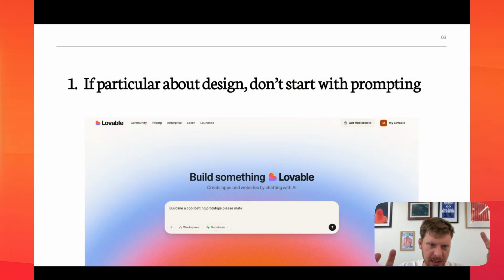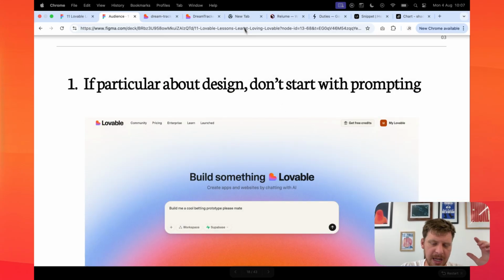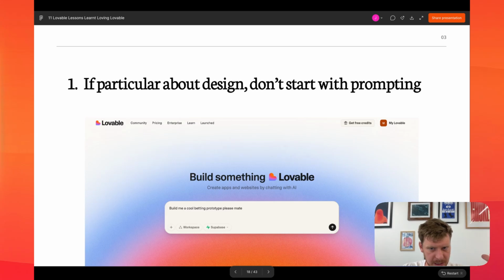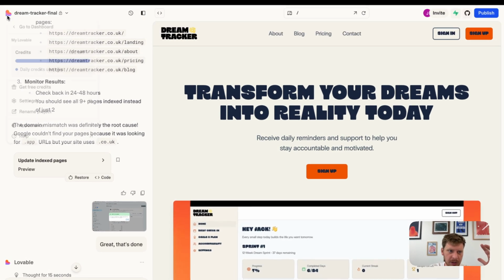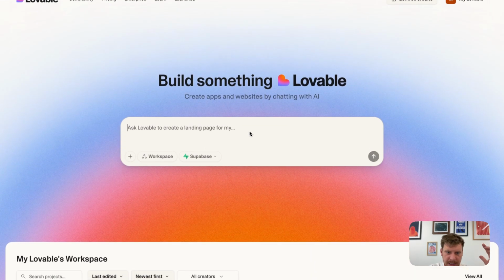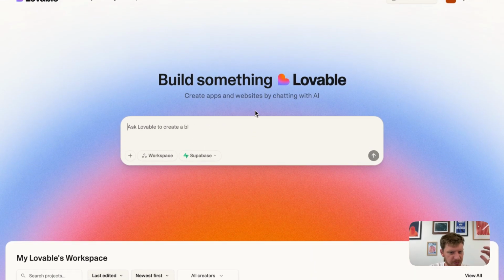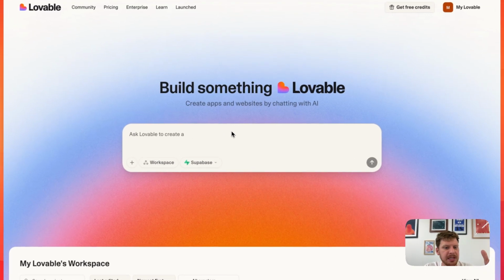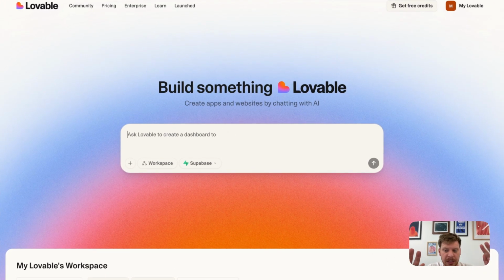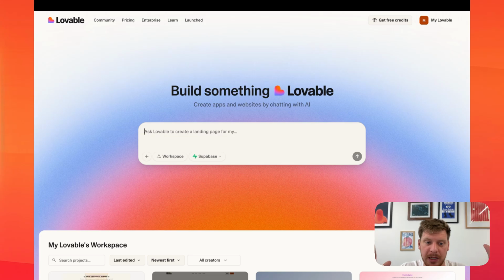Here are the lessons. 1, if you are particular about the design, do not start with prompting. A lot of people will go to Lovable and say, here's my idea, I want to create an app for my fish. If you are prototyping, trying to work out what an app might look like, then typing something super broad is going to give you a load of ideas really quickly, and that's great.